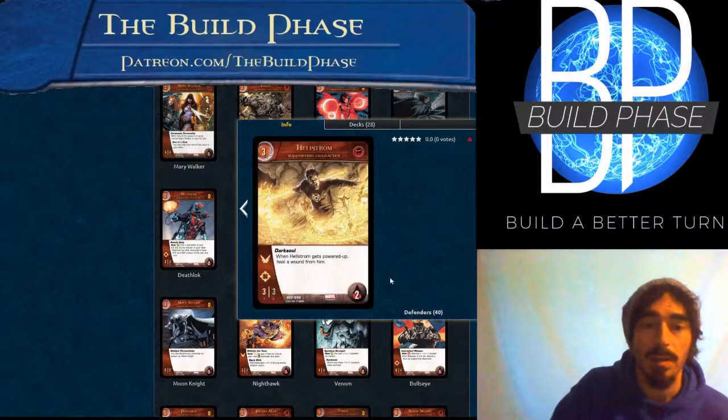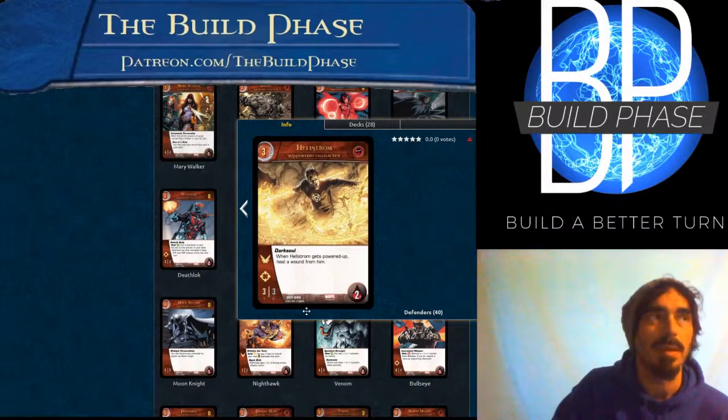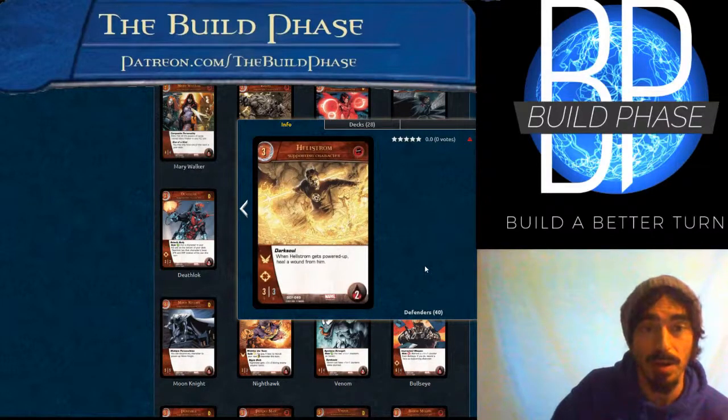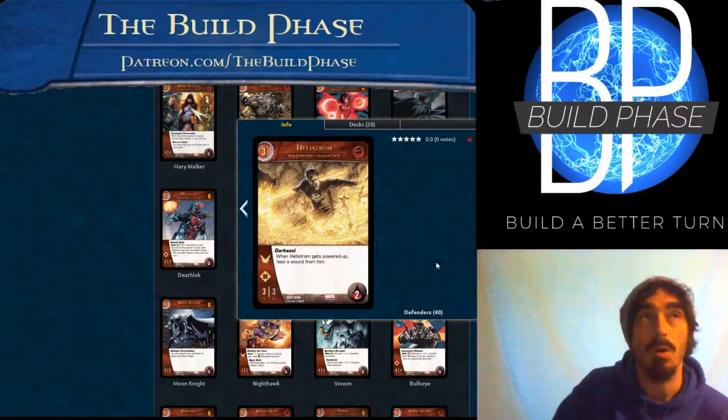Hellstrom. Whenever he gets powered up, heal a wound from him. He has a flight range 3/3/2. 3/3 on 3 is not great, but he is very sticky if you've got the power-ups for him. Now, the problem in all of these power-up dependent things is we don't have Call. In the Battles Royale format, you don't have Call. If you have Call in a Venom deck, if you have Call with Hellstrom, they just get so much better,